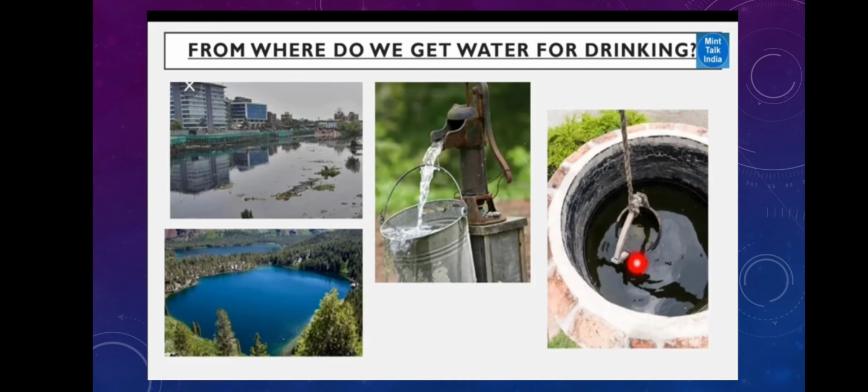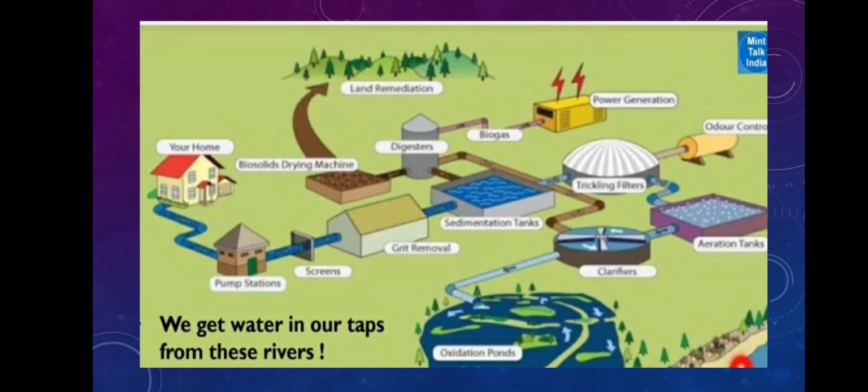So they are the source of water. We are using underground water for drinking. We are taking out the underground water through wells or through hand pumps. If you want to take the river water and drink it, we have to follow several processes. Through several processes the river water has to go for purification.